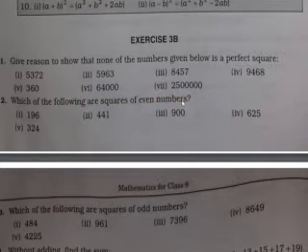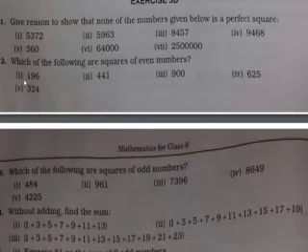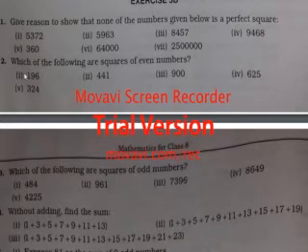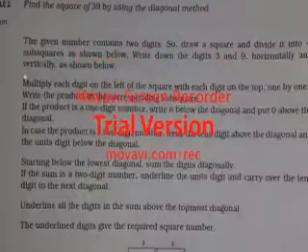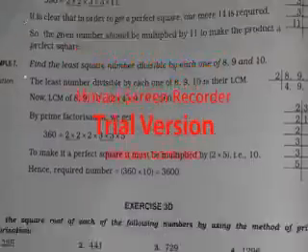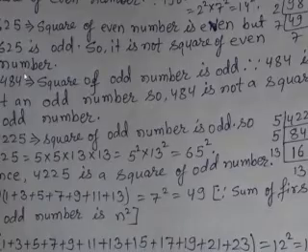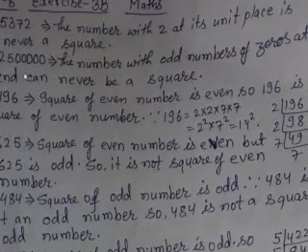Which of the following are squares of even numbers? Now for this you have to show it. It doesn't mean every even number will be a square of an even number. If it is an even number, there is a chance, but you have to show it. If you see, I had shown 196. I had written that the square of an even number is even, and since 196 is even, we checked. You have to check. It is not that because it is even, it will be a square of an even number. You have to check it.